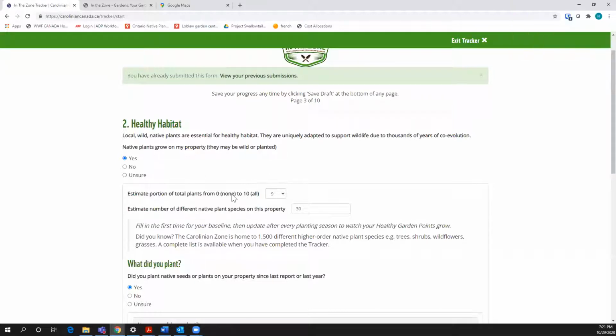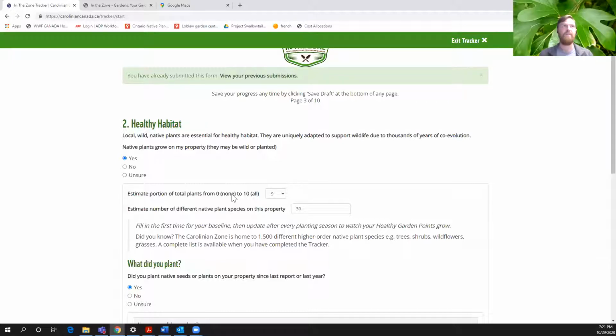Okay. There are different ways of thinking about it too. You could think about the proportion of species which are native. You could think about the proportion of biomass which are native plants, and those are important questions for different applications. But just keep in mind, for this purpose, we're talking about area.